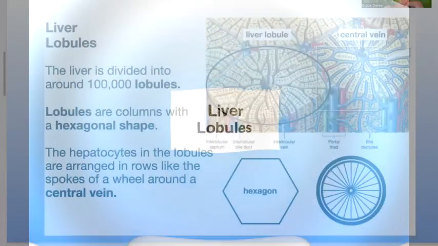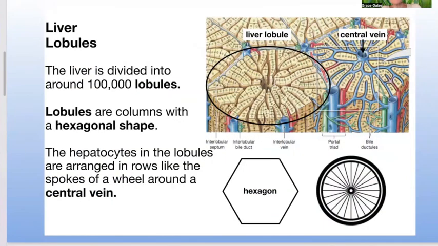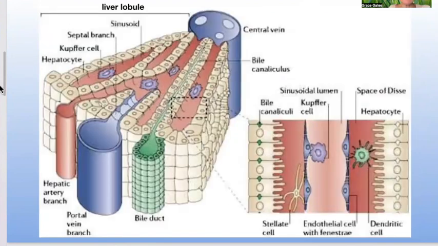Liver lobules. The liver is divided into around 100,000 lobules. Lobules are columns with a hexagonal shape. The hepatocytes in the lobules are arranged in rows, like the spokes of a wheel around a central vein. Take a look at this picture, and now take a look at this picture here that's showing